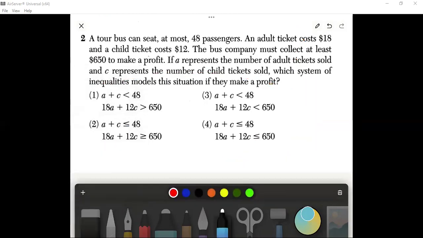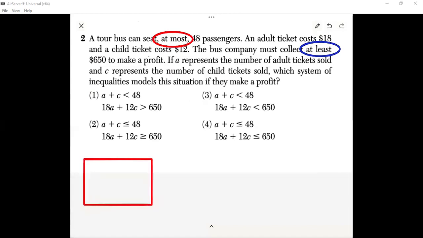It says the tour bus can hold at most, and I'm going to circle the words at most, 48 passengers. And then it says the bus company must collect at least $650. So now I'm going to try to draw a bus. 1, 2, 3. And then I'm going to put the driver. This is the driver. Now, just pretend there's 8 boxes here, but pretend this is 48 boxes. Now, if I had 15 people, we could fit all of those people on the bus